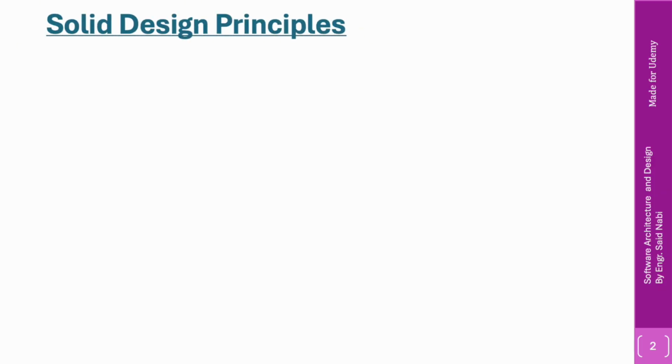Now that we have talked about good design, let's talk about some of the design principles which you must apply while creating software design for your systems. So let me give you a real world analogy first, and then I will talk about the SOLID design principles. For example, you want to start your career as a cricketer. So you need to know all the principles, like if you overstep while bowling, you have to re-bowl that ball, and it would be considered a no ball, and a free hit would be given to the batter. Similarly, if you hit the ball that goes outside the boundary by air, it would be considered a six, and you will be given 6 runs, right?